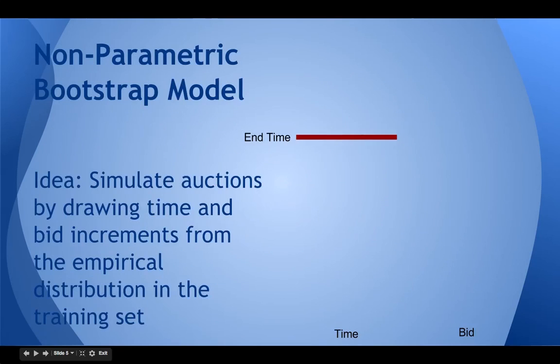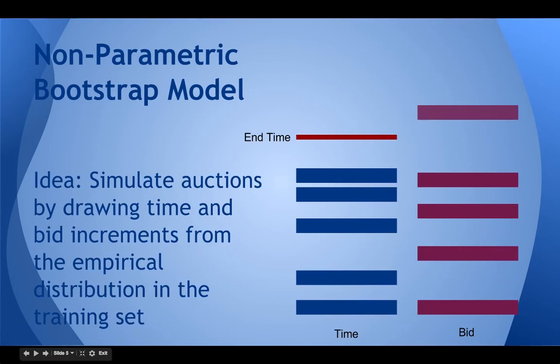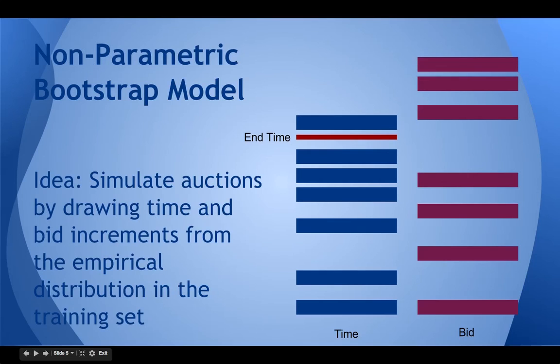eBay. One method is motivated by the fact that any given observation adds to the elapsed time of an auction, in addition to adding to the bid price. The method thus involves non-parametric bootstrap draws from the joint empirical distribution of time increments and bid increments, which were used to simulate auction progressions for each member of the test set. We draw until the elapsed time exceeds the end time of the auction, and we call the penultimate price the